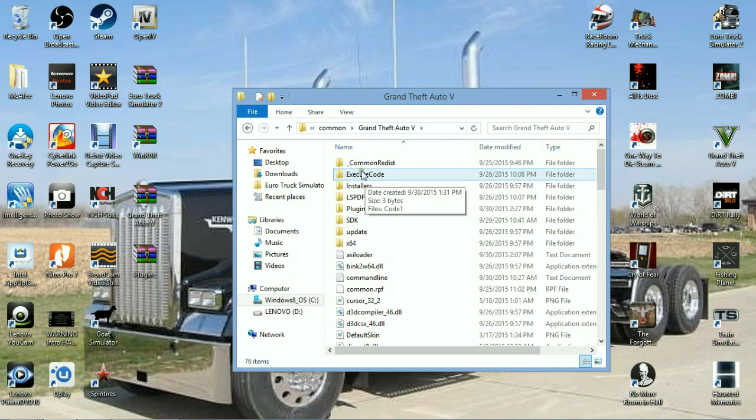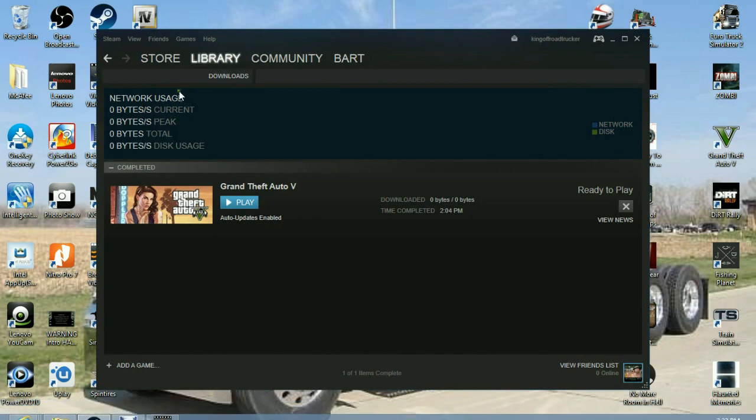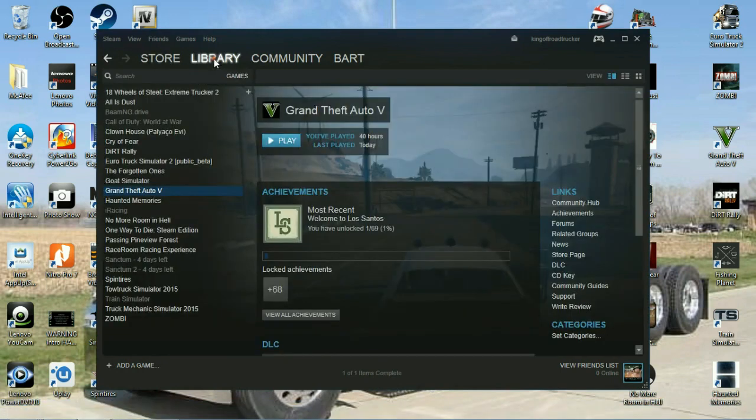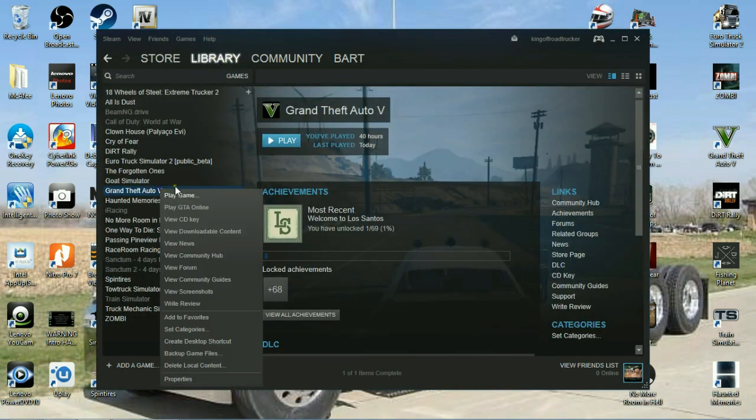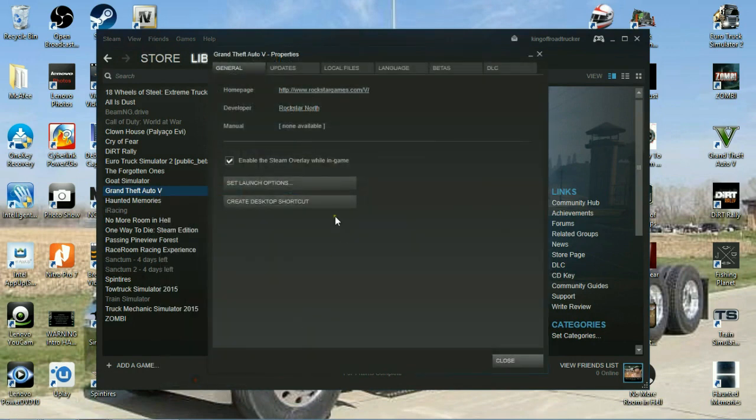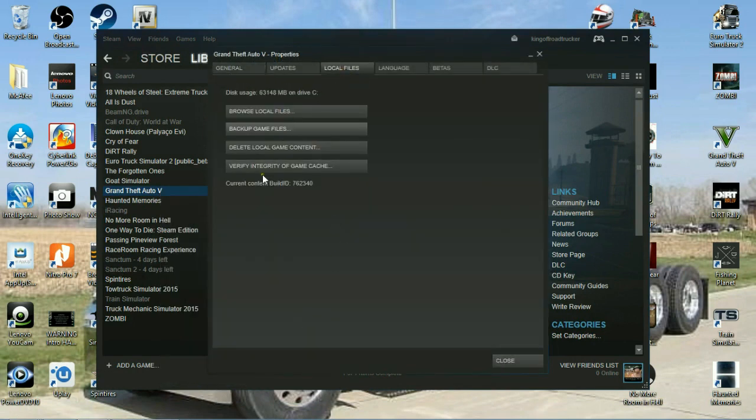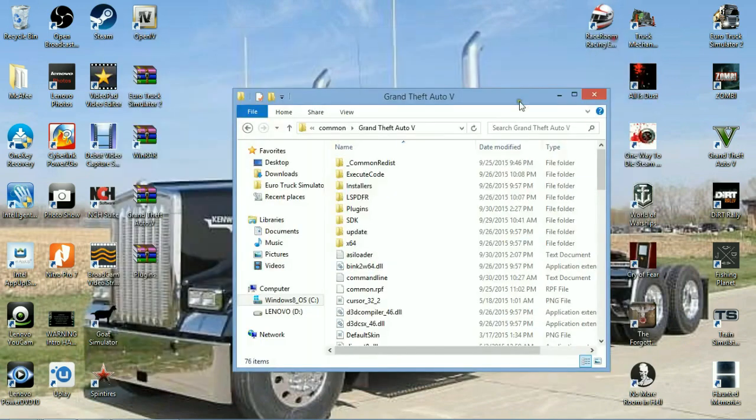So if you're missing this file, there are many options you can try. You can go to Steam, then go to your library, right click on Grand Theft Auto, Properties, Local Files, and verify integrity of game cache. That's one way to do it. If that does not work, then you have the option to go to